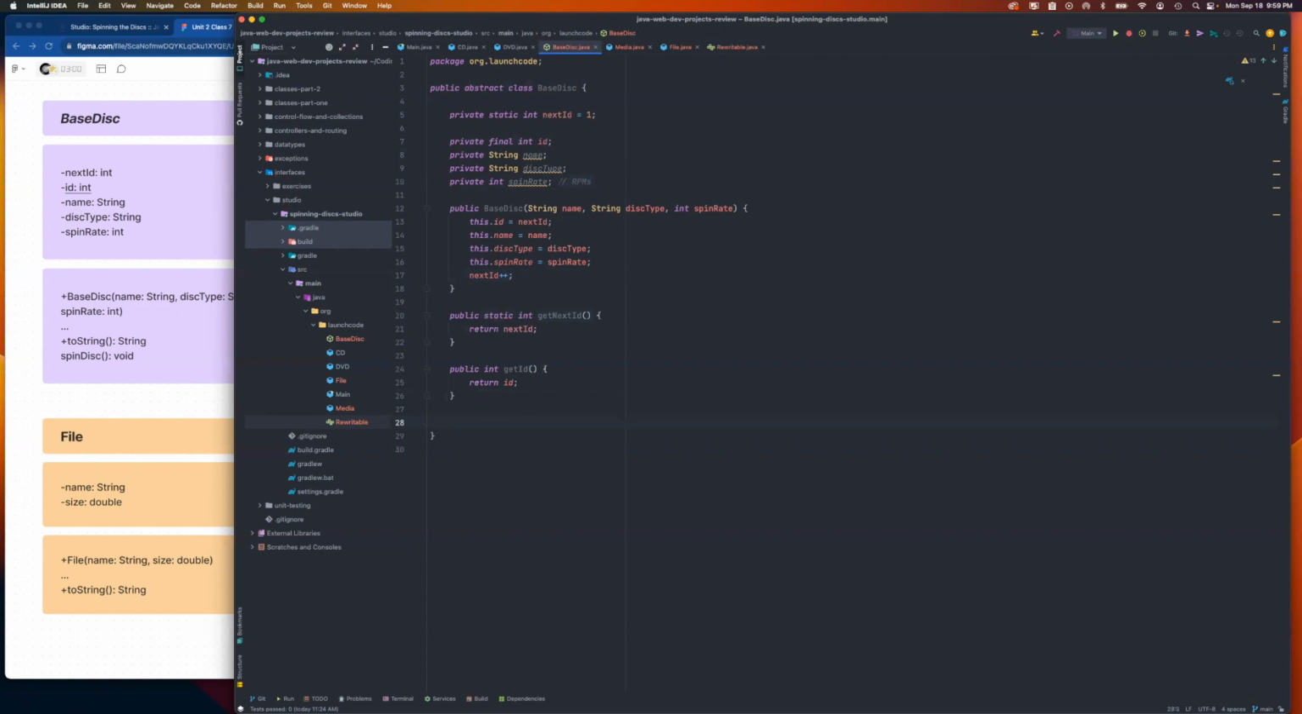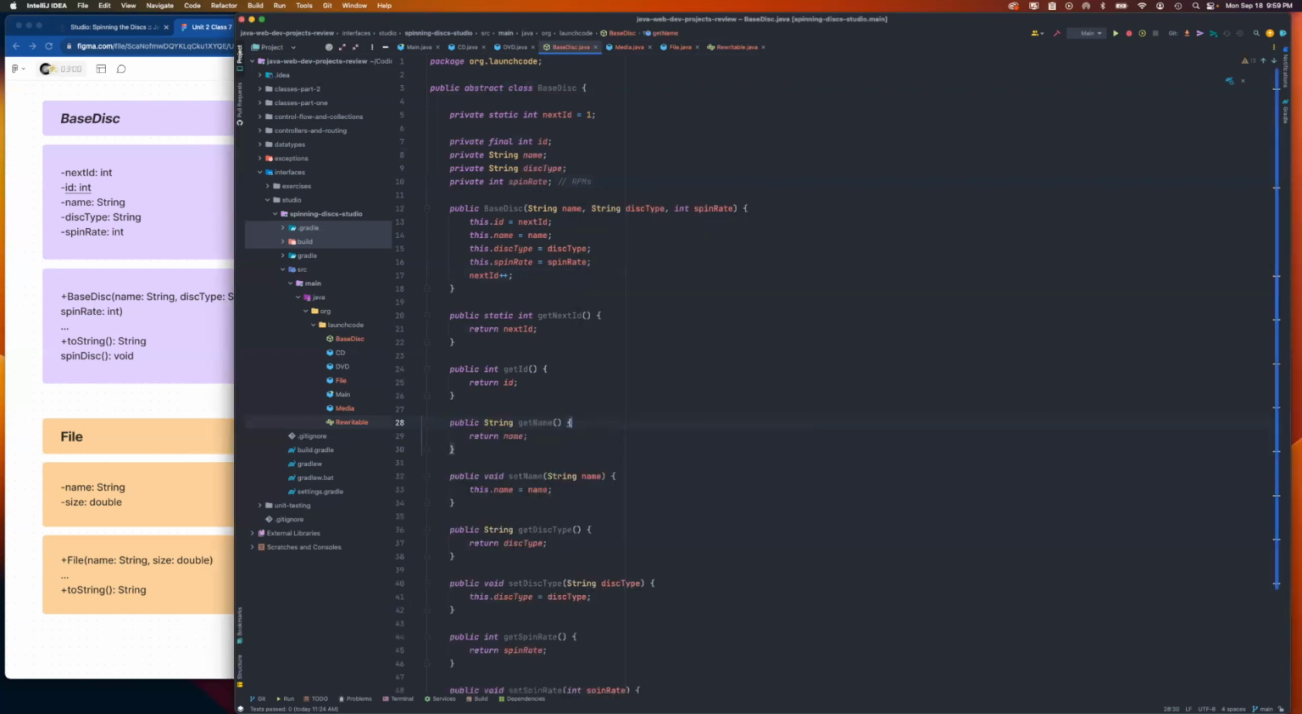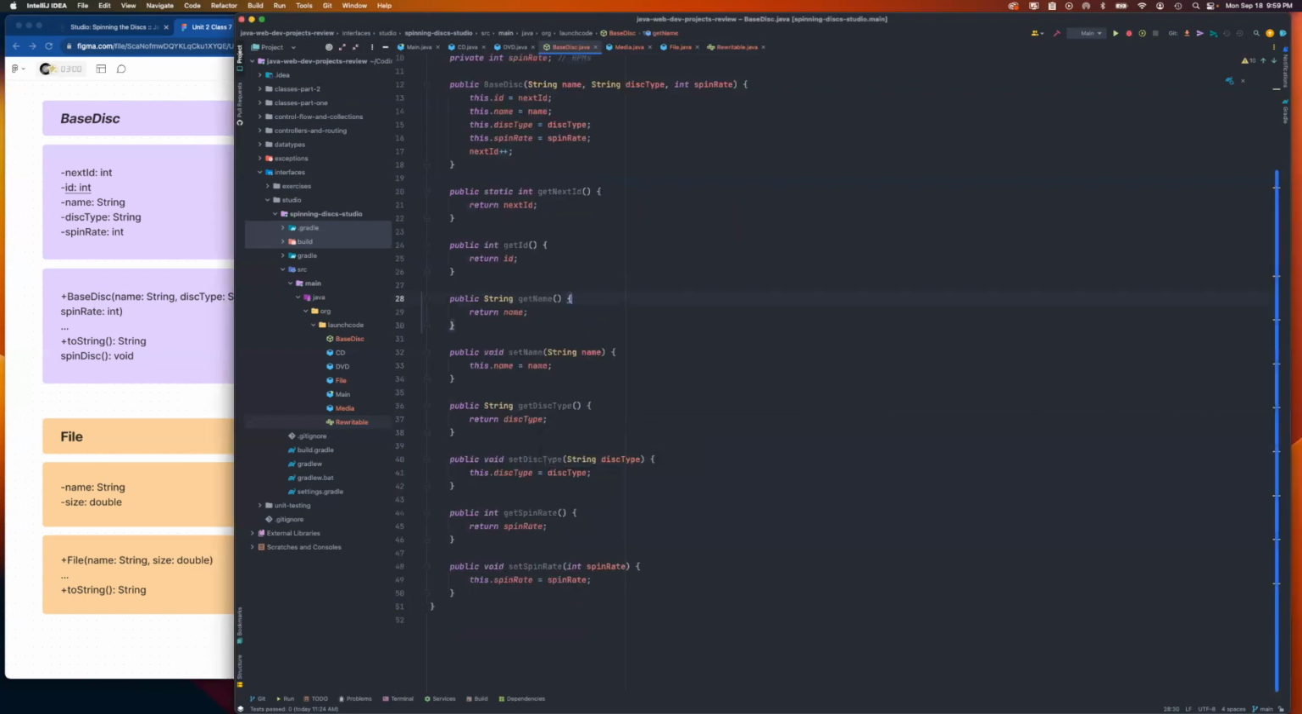And then for name and disk type and spin rate, we can do getters and setters. There are going to be reasons later why we're going to want to be able to have setters on some of these. And sometimes we're also going to override some of these for very specific reasons down